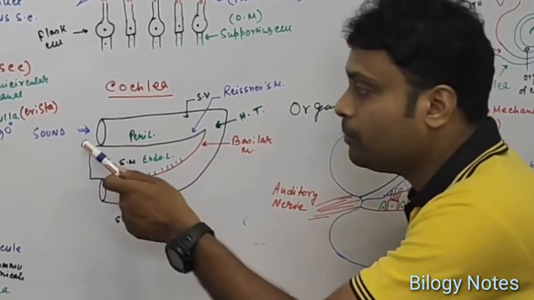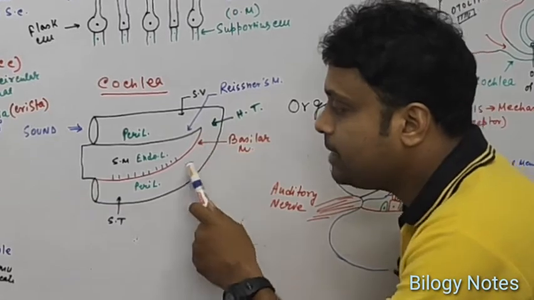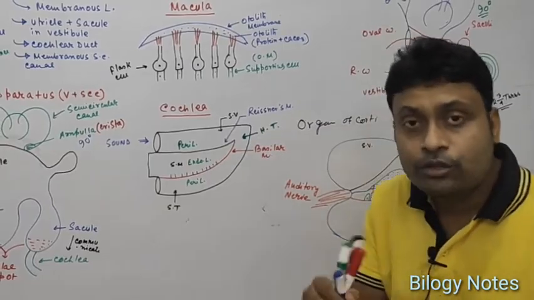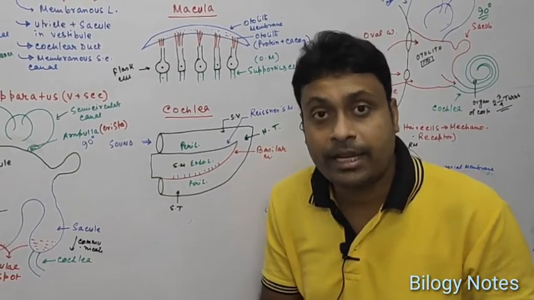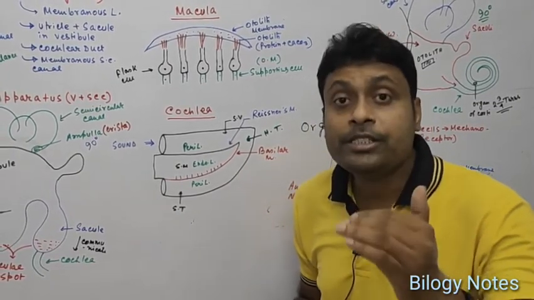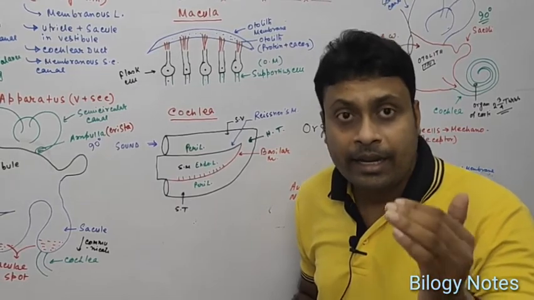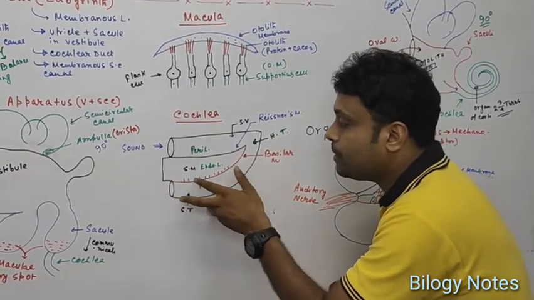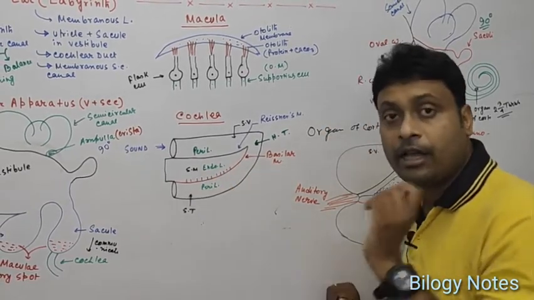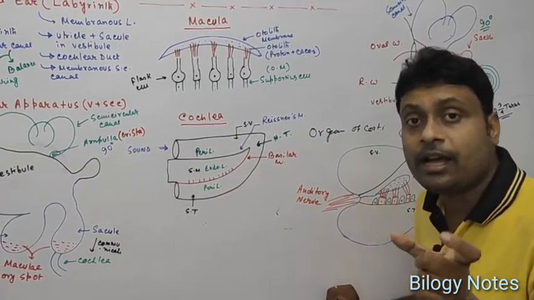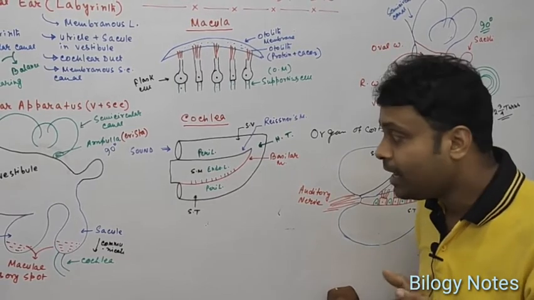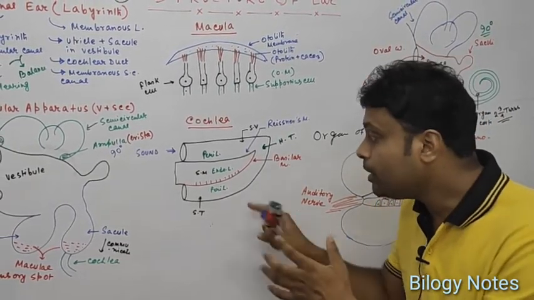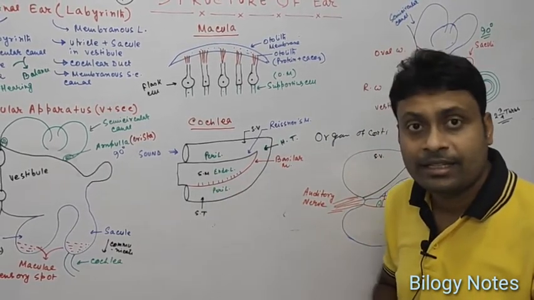When the sound wave moves through this fluid, it causes the vibration of the basilar membrane, and the vibration of the basilar membrane disturbs the position of the sensory hair cells, which are present throughout the basilar membrane, inside the organ of Corti. Okay, and this disturbance or movement of the sensory hair cells creates